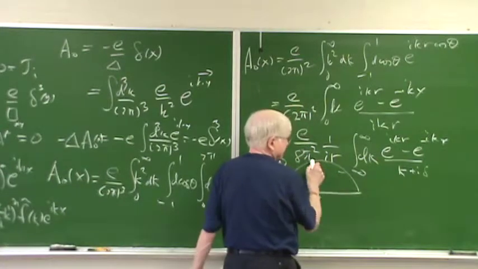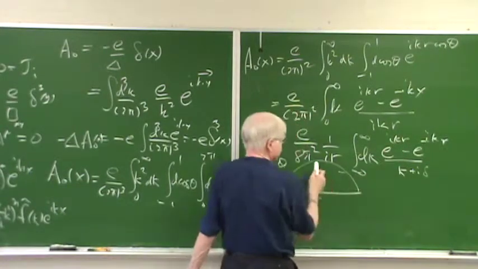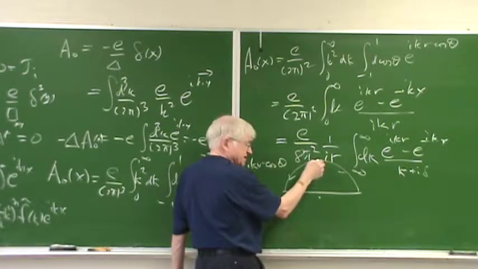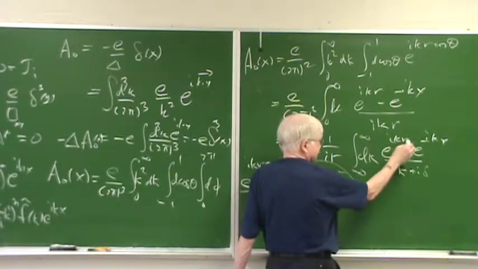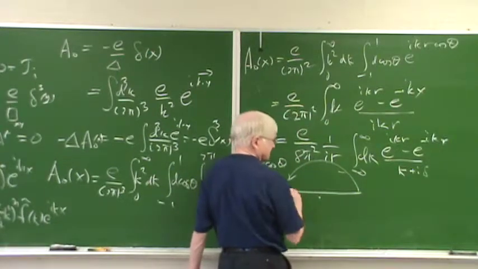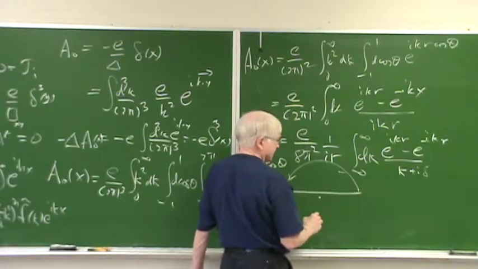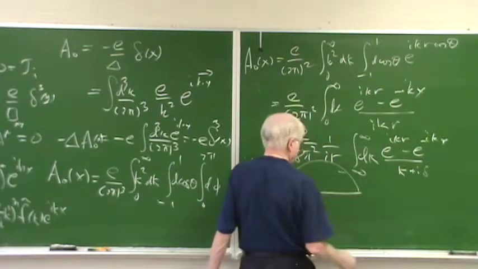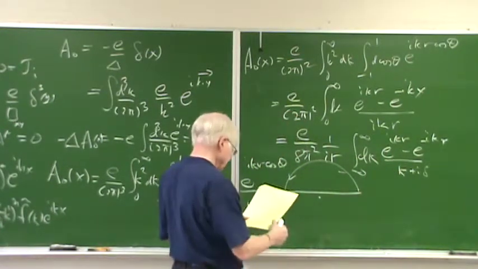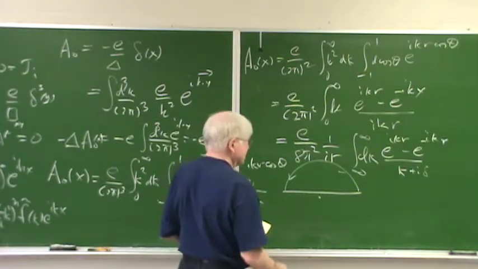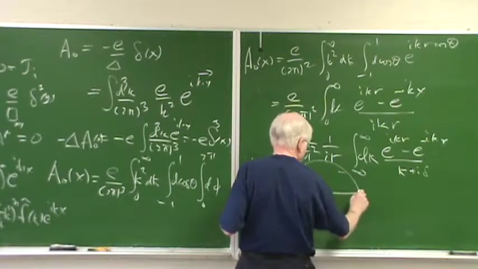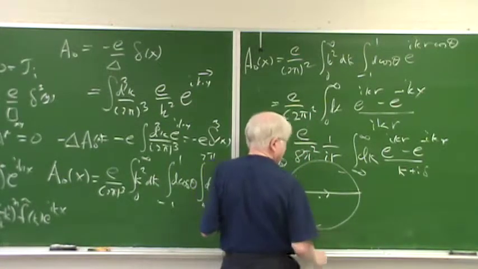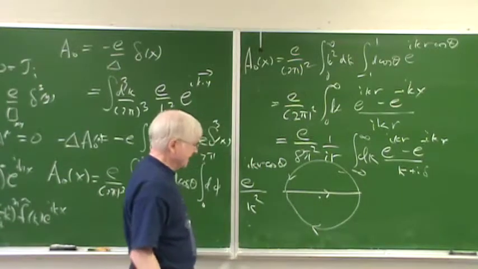Why do we add this ghost contour? Because when k is way up in the positive imaginary part of the plane, say i infinity, this is minus infinity times r. So this contour doesn't contribute, and the first term vanishes. On the other hand, for the second term, we have to add a ghost contour down here, and that extra contour is 0,